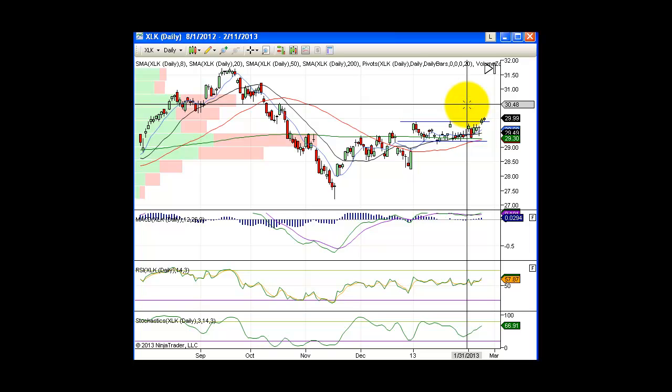I have some commodity ETFs I'm looking at too, such as the coal sector, doing quite well. And of course, solar was on fire yesterday, but nothing really actionable that I want to put out. I have a bunch of stuff that I'll be putting out once the market starts to move again. I'm also going to point out a chart of the day, sector of the week, so you guys that are trading, it'll help you